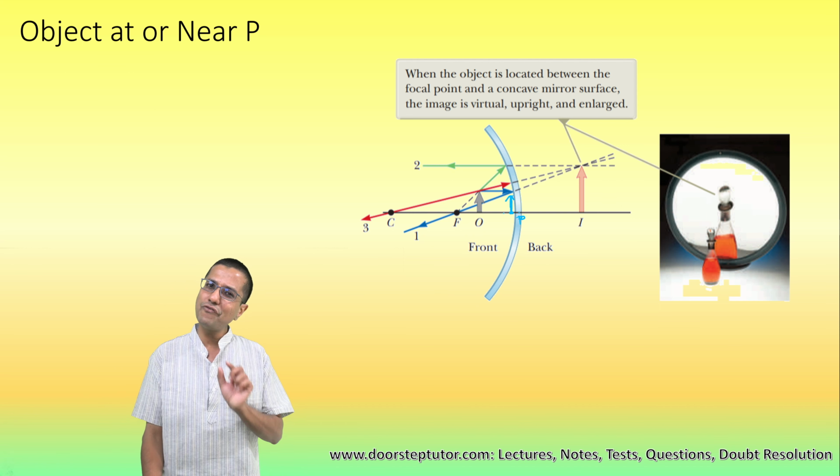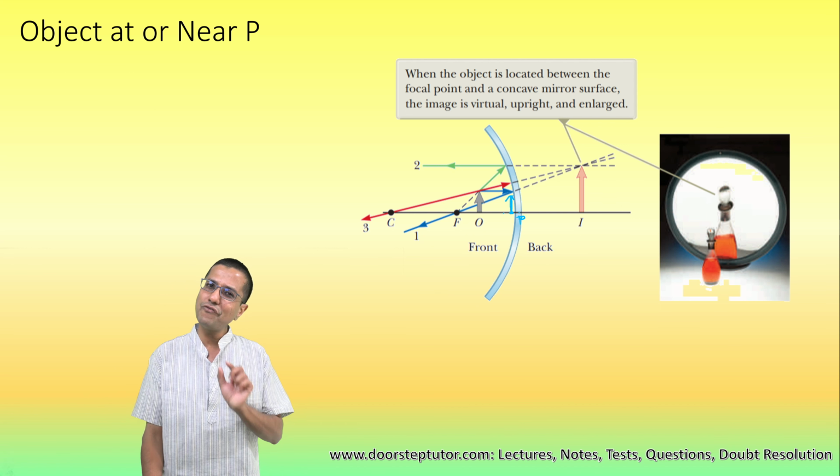And we will be doing our understanding using our mirror equation. That is what we have been using for all the cases. So as u tends to 0, closer and closer to 0, this quantity 1 by u becomes very, very large, which essentially means that 1 by f minus a very large quantity gives a very large